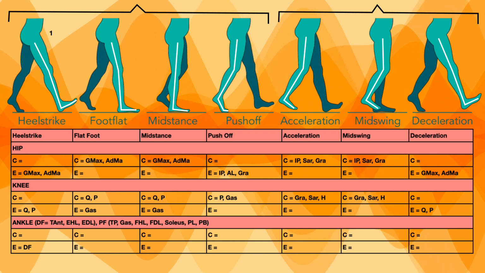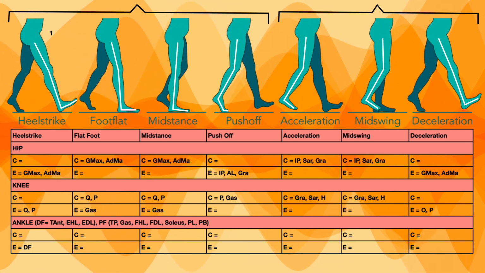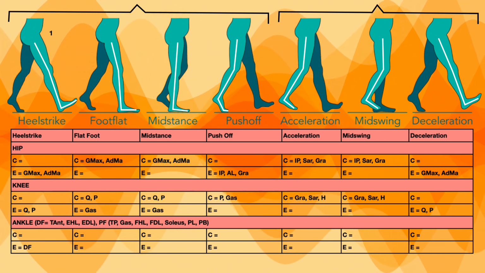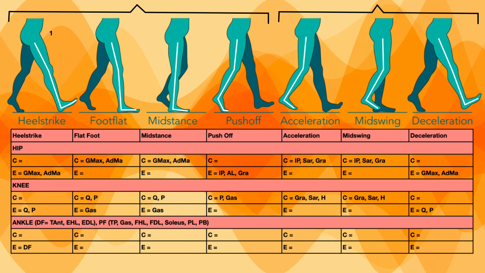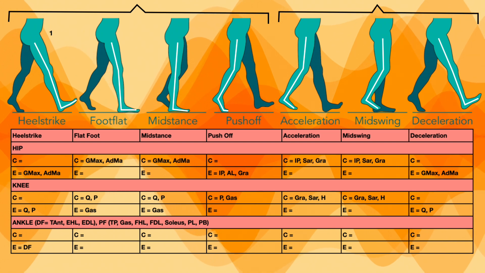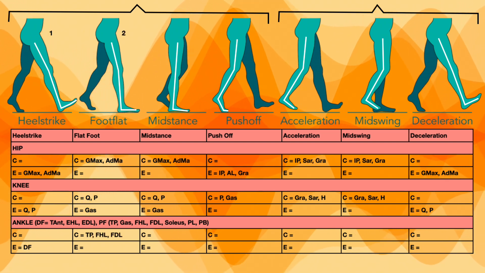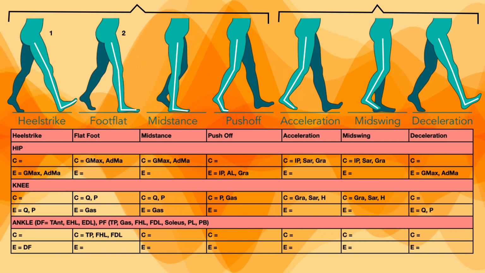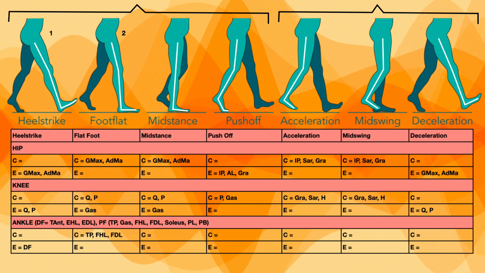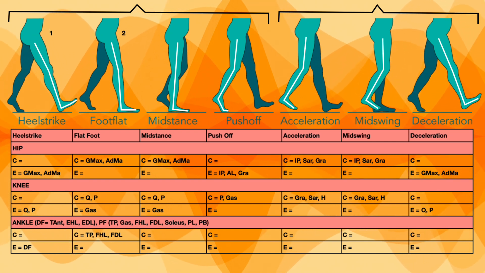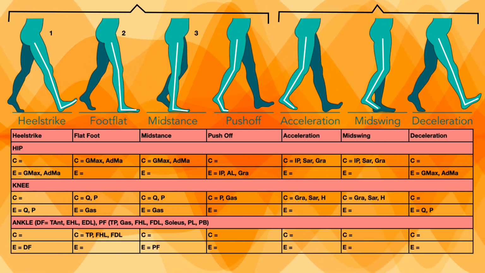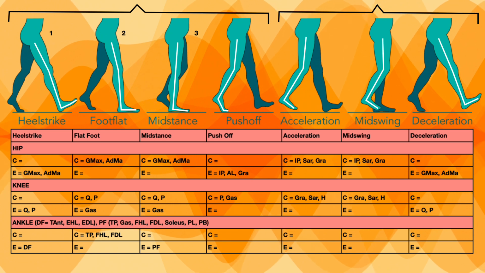Now coming to the flat foot phase, we can see the foot is coming from dorsiflexion into plantar flexion. So when the foot is coming from dorsiflexion to plantar flexion, there is a contraction of the plantar flexion muscles, and there will be a shortening of the plantar flexion muscles. So this is a concentric contraction of the plantar flexors. The tibialis posterior, flexor hallucis longus and flexor digitorum longus muscles will contract concentrically. Now coming to the mid stance phase, it is in the same state. Along with these muscles, there will be an eccentric contraction of the plantaris.